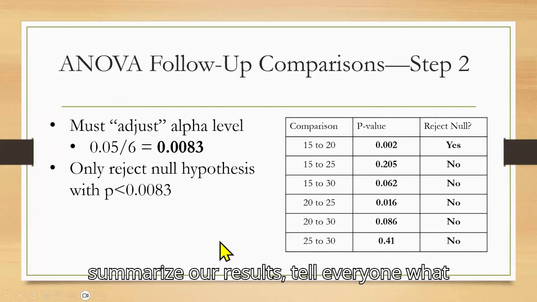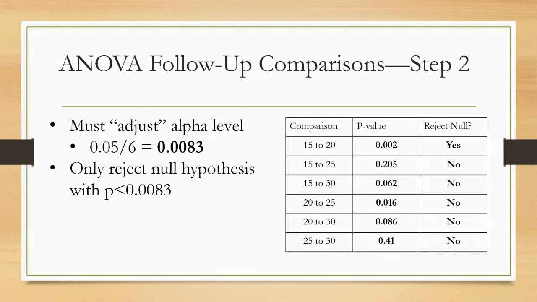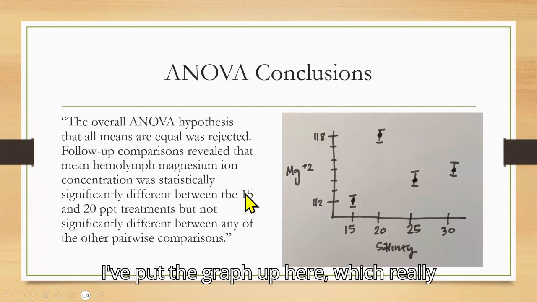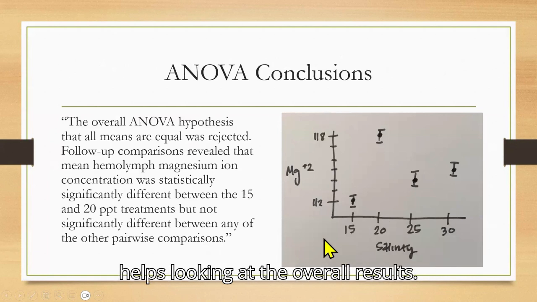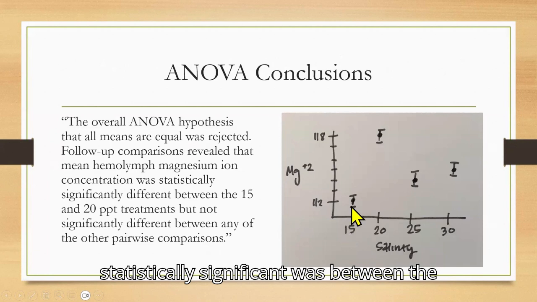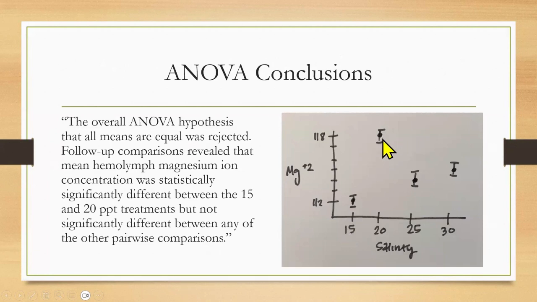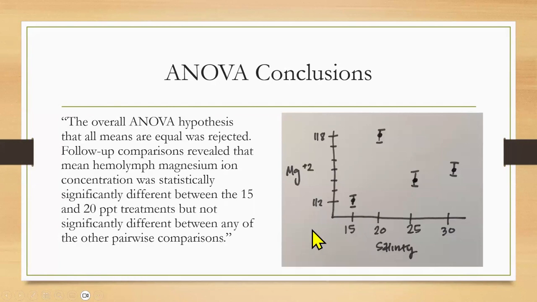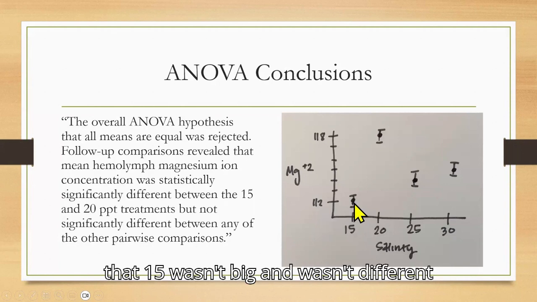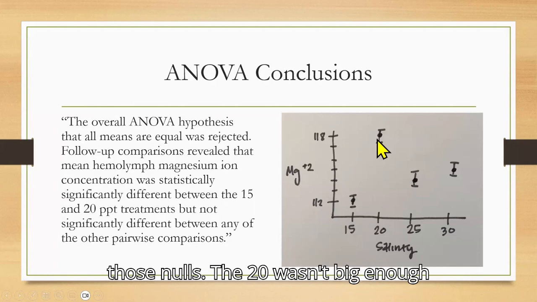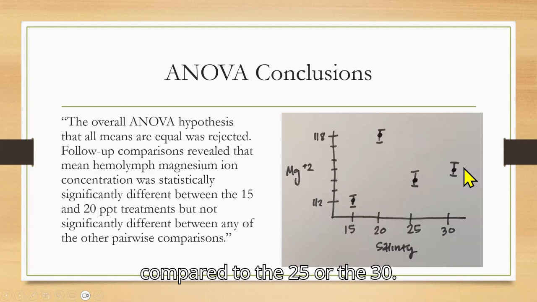We want to summarize our results, tell everyone what we found in our analysis, and we're going to do that in words. So I've put the graph up here, which really helps looking at the overall results. The only difference we found that was statistically significant was between the 15 and the 20. That's the one with the biggest actual numerical difference, so it's the one we should find to be a significant result. But 15 wasn't different enough from the 25 or the 30 to reject those nulls. The 20 wasn't different enough from the 25 or the 30. So